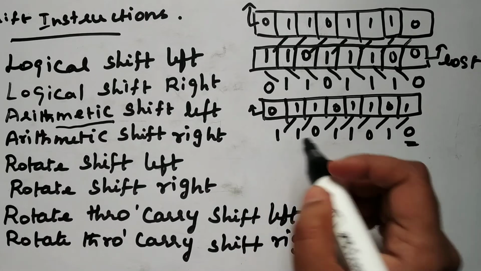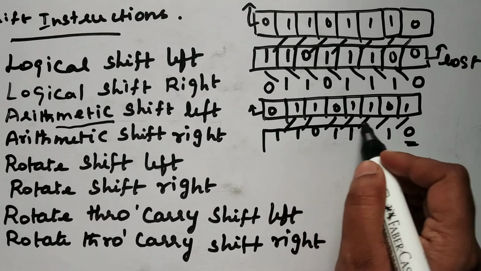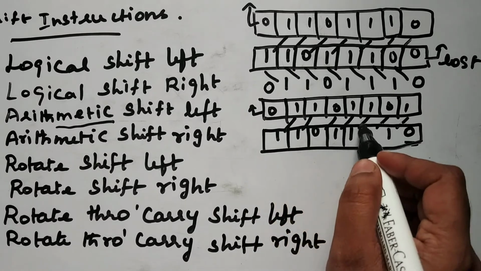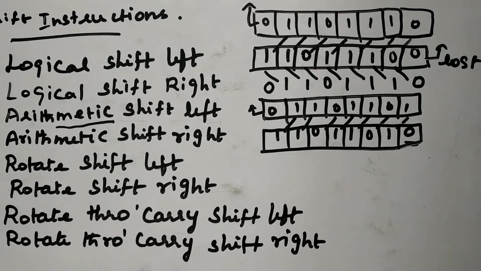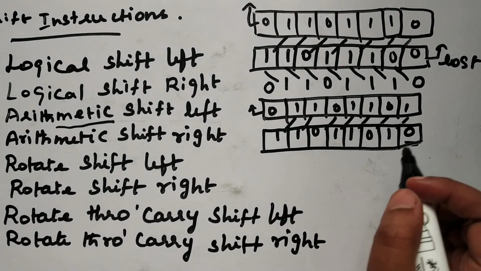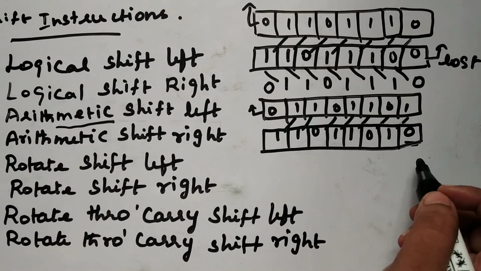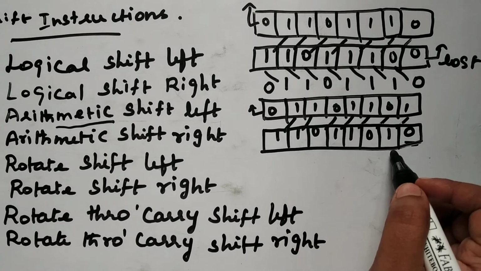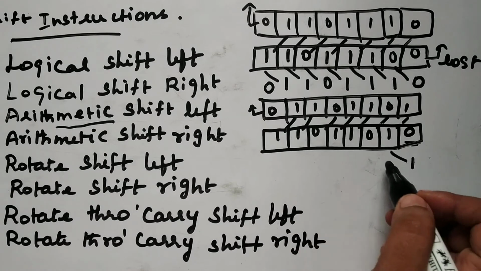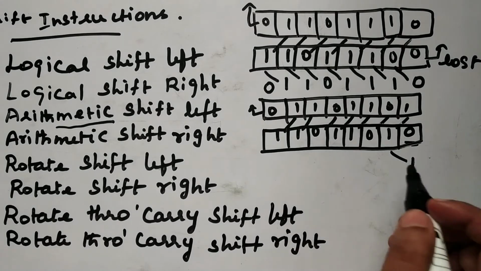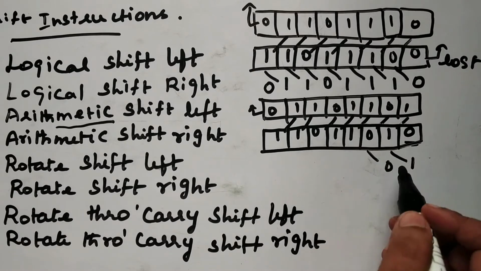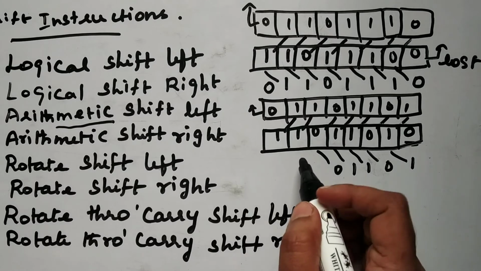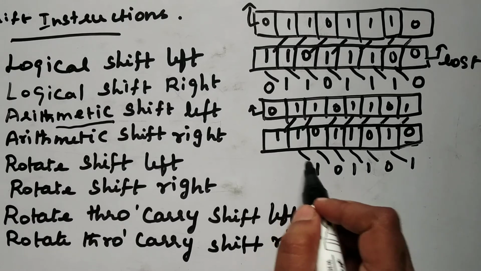And if you are performing arithmetic shift right, suppose you are taking this as an input, and you are performing the arithmetic shift right operation, so what happens here? Arithmetic shift right means moving one bit to its right side, that is the right direction. So we'll start from this bit. One bit will move to the right position. So 1 will come here and 0 will come here, 1 will come here, 1, 0, 1. And what happens to this place?